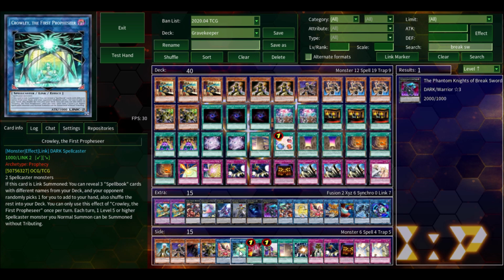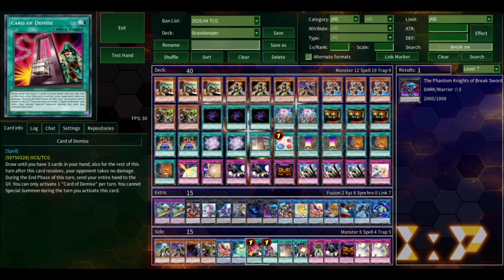The last card that I would like to discuss is Card of Demise. Card of Demise is probably my favorite spell card in the game. I enjoyed playing Card of Demise. I put 3 copies of Card of Demise in practically any of my decks. But now Card of Demise is limited to 1. When Card of Demise is at 1,